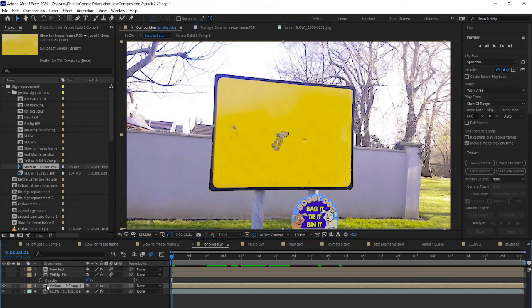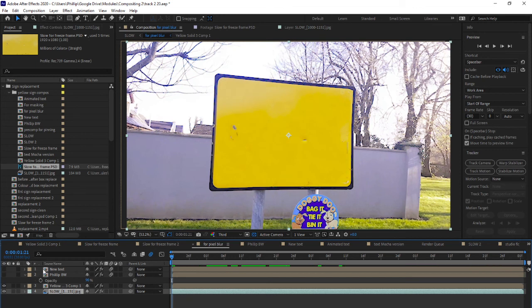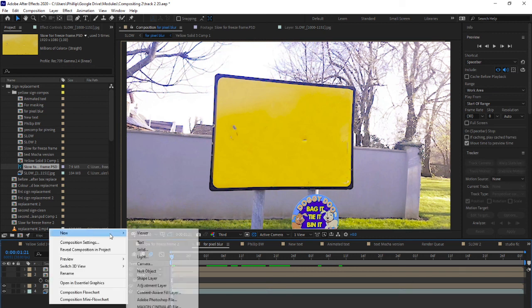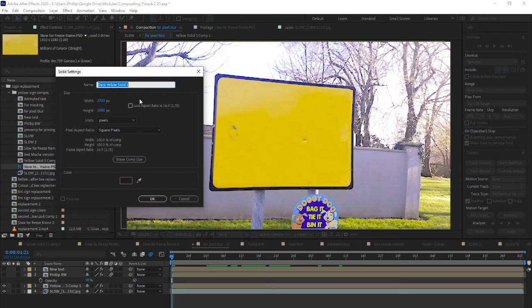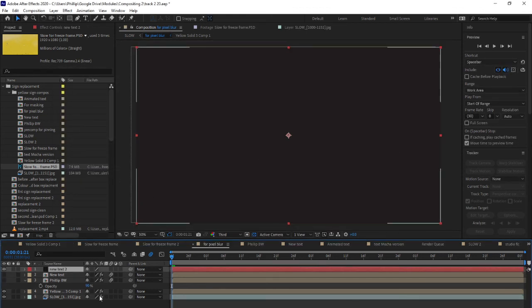So we have our clean version of our sign that we've created in Photoshop. We've brought it in, we've pre-comped it, and we have pinned that in to our tracked background. And from there on in, to add the text, we just need to create a composition that will pin again to our 4 points that we've tracked. And a very easy way to do that is to create a solid. The reason for that being the solid will be created at the exact same size as the composition that you're working in, and that will then pin perfectly into the 4 points. So I usually create a solid, pre-comp the solid,